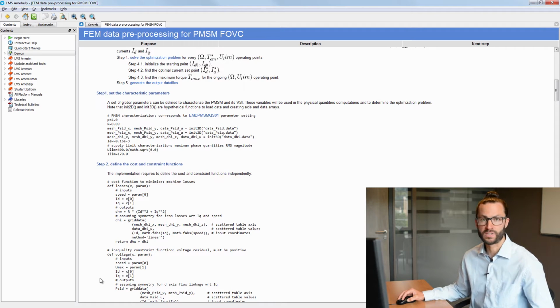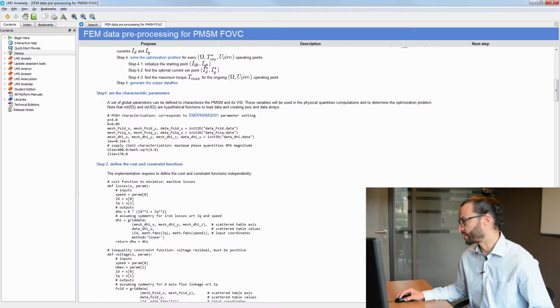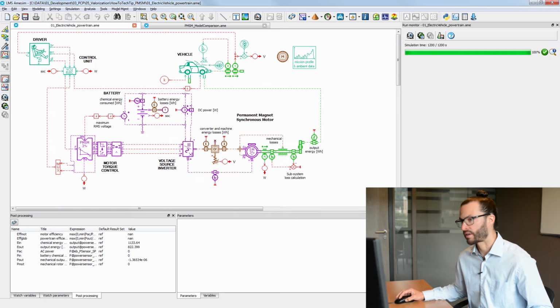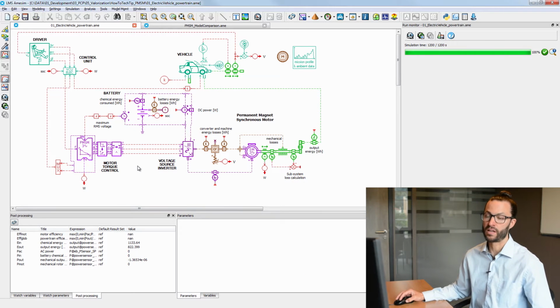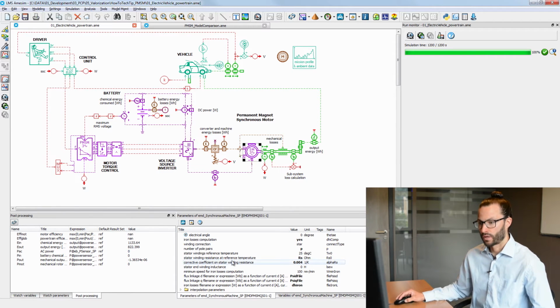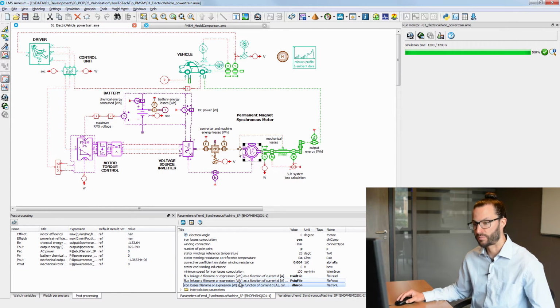Now we can use this data in a vehicle model in LMS Amesim that features an electric powertrain with a battery, a torque control, a voltage source inverter, and a PMSM. The flux linkage and iron losses can be input as text parameters here in the parameter list of this component.